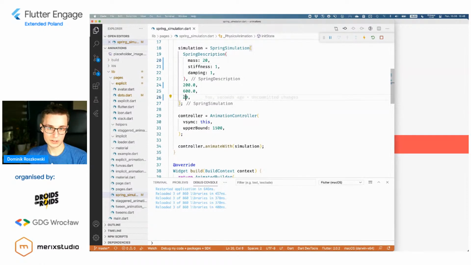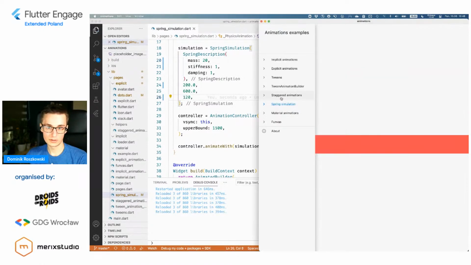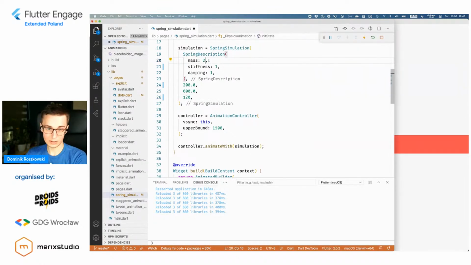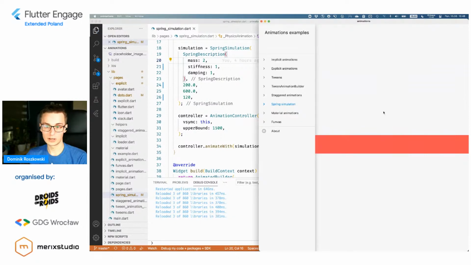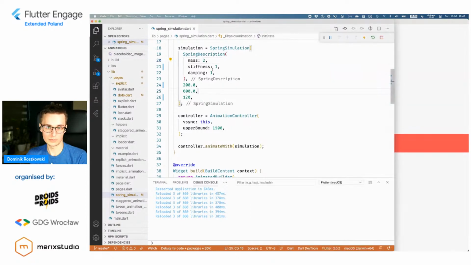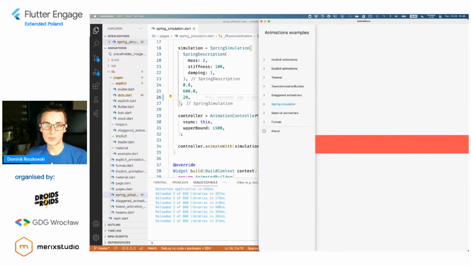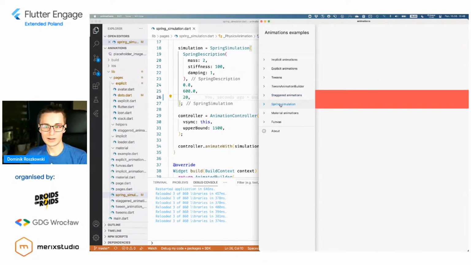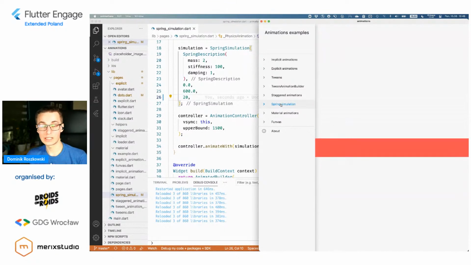Maybe let's make the velocity bigger. And this is the beauty of Flutter, where you actually can just change some properties. I think this mass is now 10 times bigger, and this changes this. Well, again, very strange behavior. Let me go back to something that looked nice. Yeah, but you see the point. You can have fun with this spring.